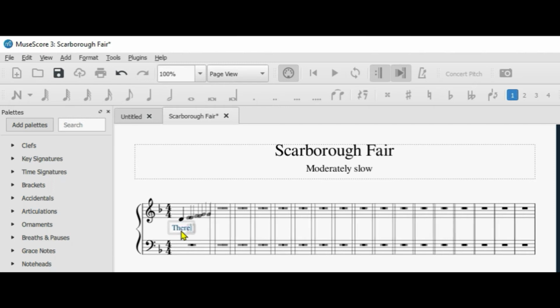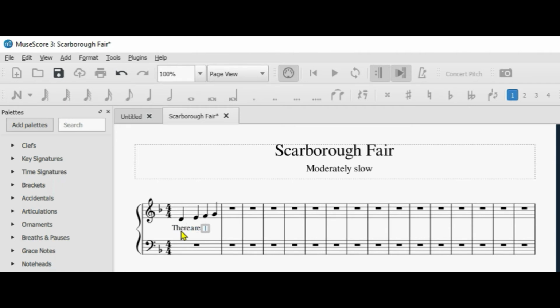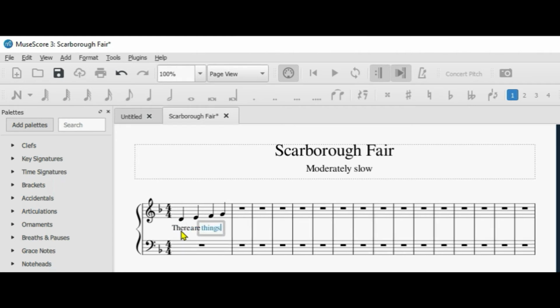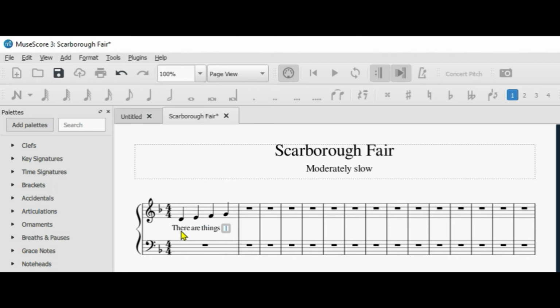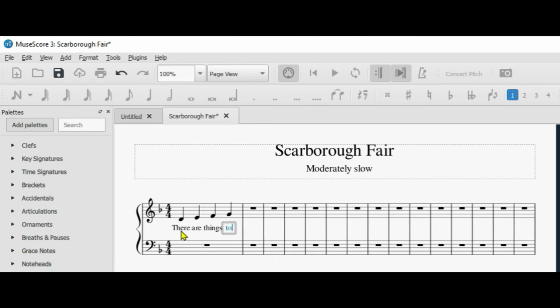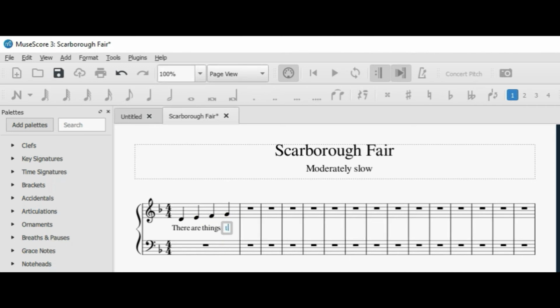There are things to. I don't even know what I'm typing, but see how the notes separate to make enough room for the words? So that's how you do that. Now if you're going to have to type in,